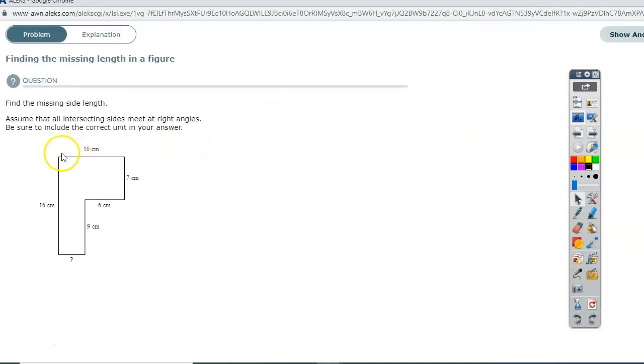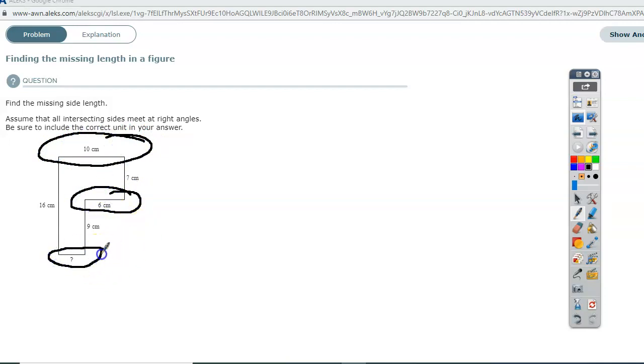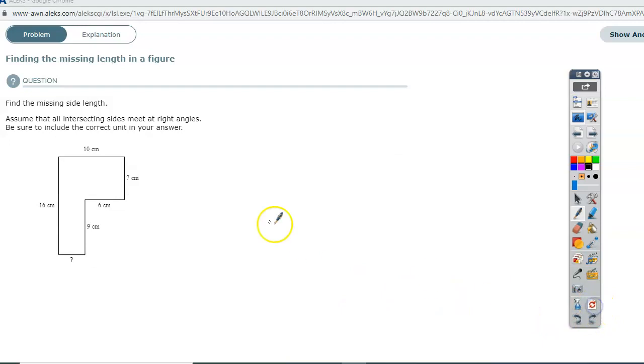Okay, here's one. This is 10. This is a horizontal line. And here's one that's 6. And here's one that's going this way. So since 10 is bigger than 6, if we do 10 minus 6, we get 4 for that missing side. Now I'm going to do it the other way that I showed you, and you'll see. This 6 right here comes down here. And so 10